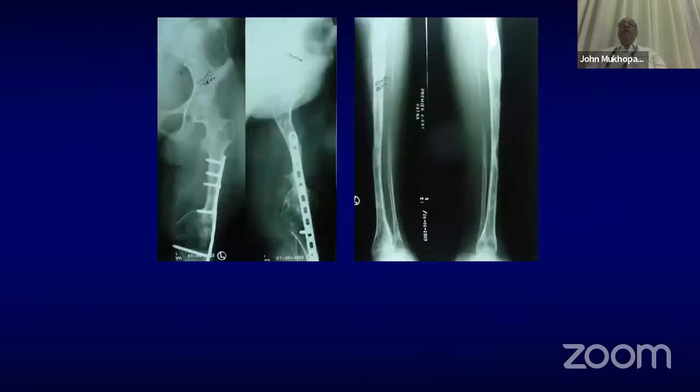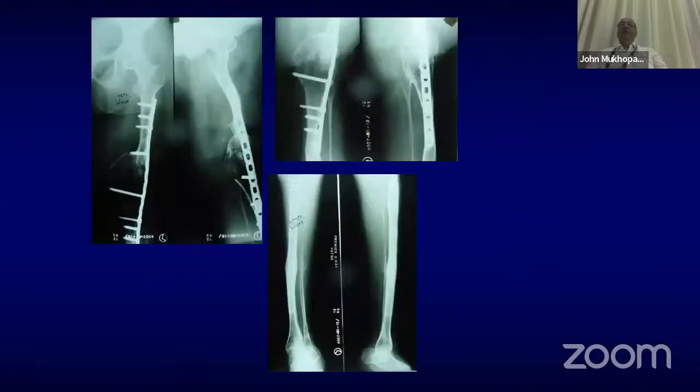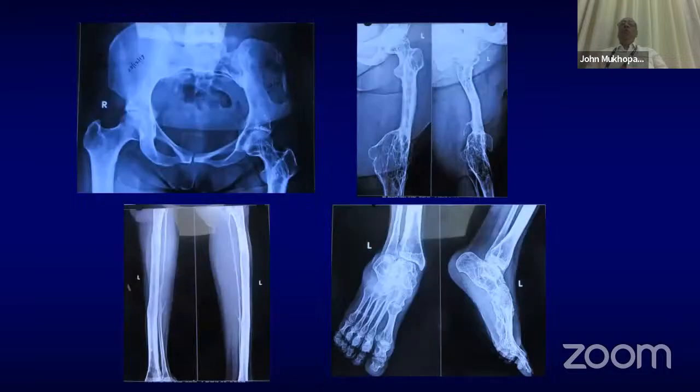That was her in the ring, waiting for the regenerate to solidify. And then we took out the ring and that was her. So you can see how it's nicely formed. Obviously the tibia is very long, the femur is really short, and the knee would be somewhere halfway up the thigh. That is the more recent follow-up.